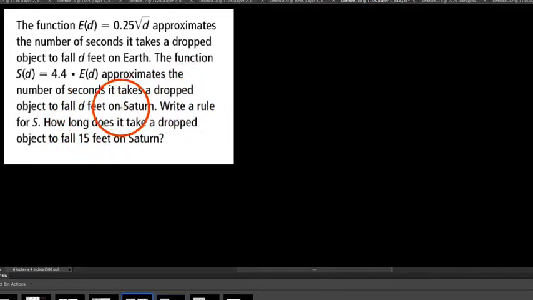So let's start with this. Write a rule for S. And so we know S of d. I'm just going to rewrite this here. S of d is just 4.4 times the size of Earth's model, E of d. And because we know E of d is 1/4 the square root of d here,